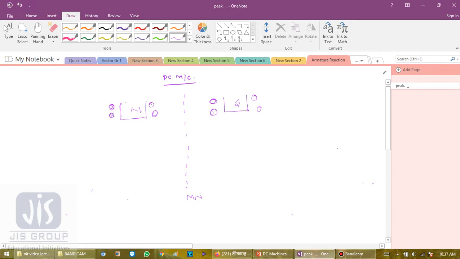So it should be dot, then it should be the dot. This is my cross. This is our basic concept of physics, that under the North Pole this is cross and this is dot, and this is dot and cross. Okay, now